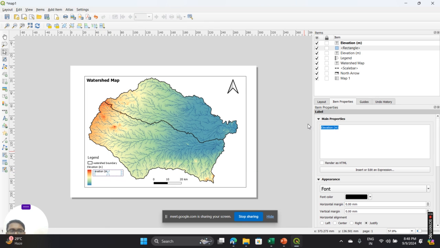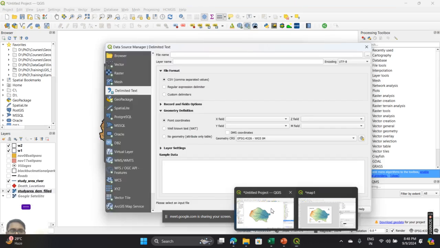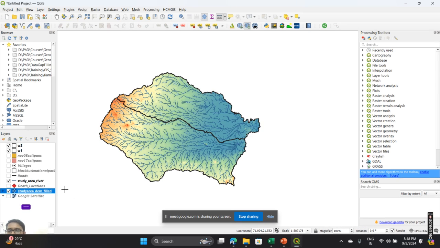So in the top it is 230 meter and bottom it is -80. But I had changed my symbology, meaning I had changed the numbers. I had put the numbers from 0 to 245. So you can write 0 to 245. But then the colors are different. What you can do is always go to your data layer,